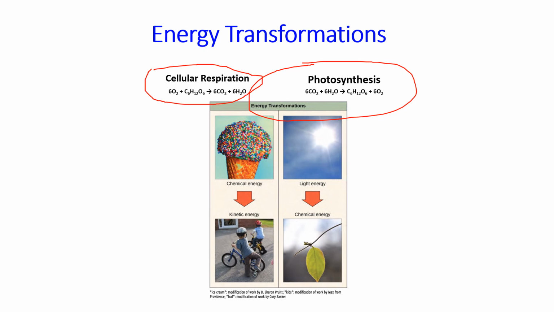And then this arrow means yielding. The left side of the arrow are your reactants, the right side are products. So we're yielding 6 molecules of carbon dioxide and 6 molecules of water. That's animal cellular respiration. Every time we take a breath, we're taking in oxygen, and then we maybe already have